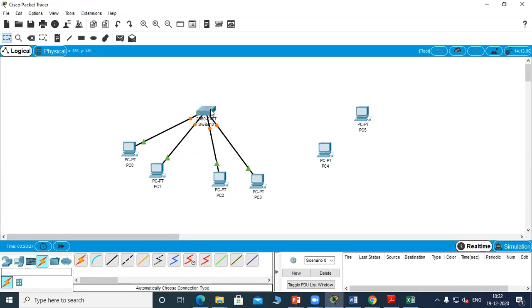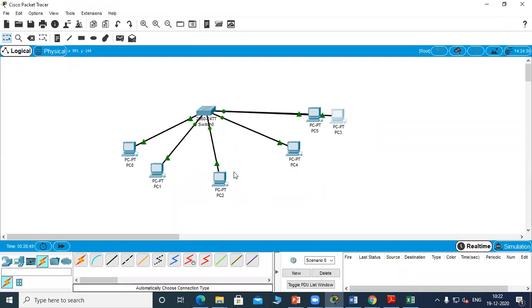Initially you can see there's an orange color. That means it is not yet linked. After some time this orange color will turn green. That is because there is a protocol that is followed by the switches. As we start inserting the PCs, these nodes will communicate with each other using what are called bridge protocol units. Based on this protocol, it will find out which hosts are there, and it will update its details. You can see it has all become green.